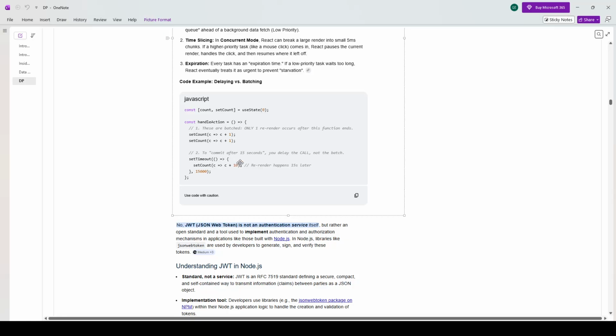Then second, to commit after 15 seconds, you delay the call, not the batch. setTimeout(() => { setCount(c => c + 10); // re-render happens 15 seconds later }, 15000);